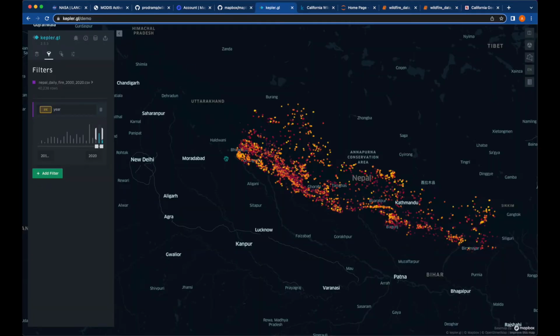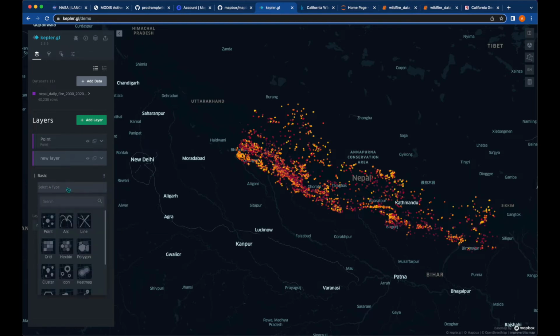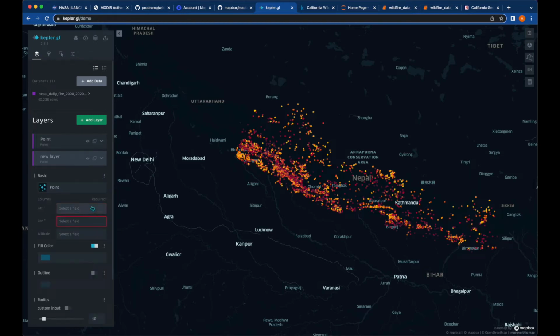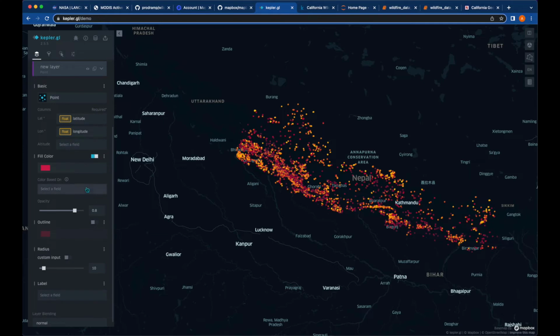If you would want to add a filter, or change color, you can go back and add these layers, and within these layers you have the ability to modify what you would want to do. You would want to put point, you select the latitude, so this is the latitude. Here you put the longitude. Fill color, you want to change the color scheme. You can use, for example, this color scheme. Select a field, you will use the confidence,